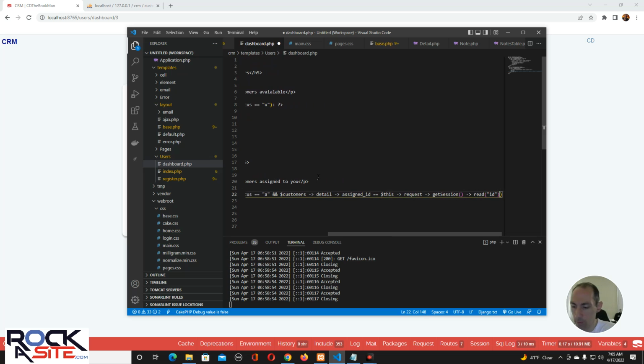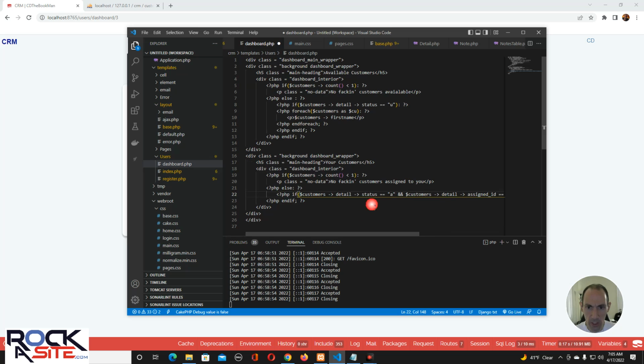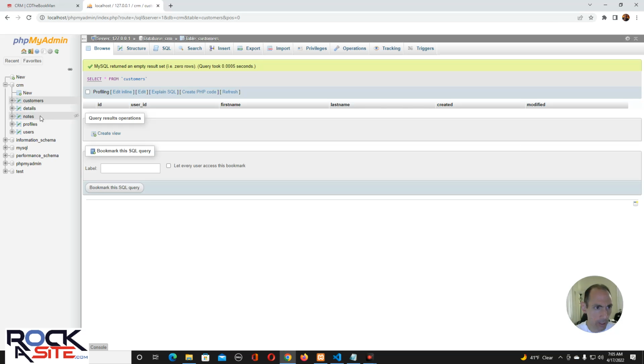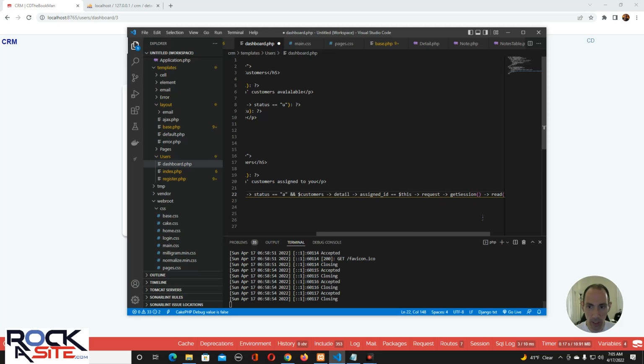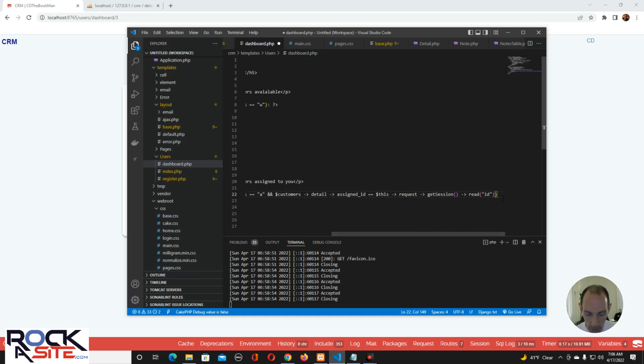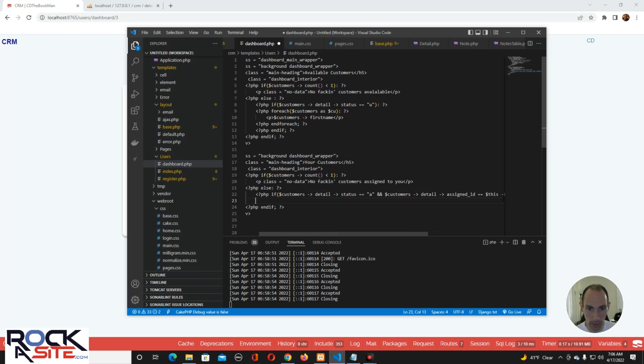Meaning that if the status of this customer is assigned and the assigned ID, I think that's what I called it, right? Let's double check. Assigned ID is the logged in user's ID. Then at that point, you're going to have,